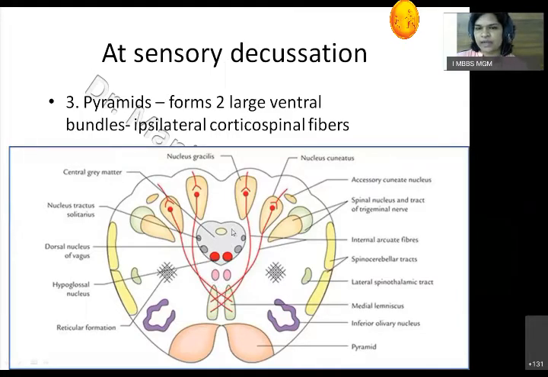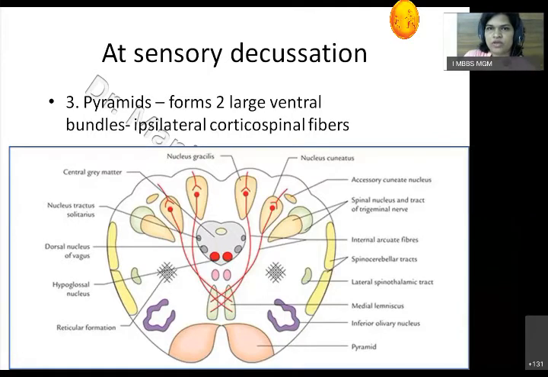Above that, there is a central canal, which is surrounded by the central gray matter. So here you can see the central gray matter is very small. The remaining gray matter is the inferior olivary nucleus. Whichever tracts are followed through the spinal cord will also continue in the medulla, and the remaining part is filled by nerve fibers with poorly defined nuclei. That is called the reticular formation. Okay, so white matter consists of different parts: pyramid, medial lemniscus, medial longitudinal bundle, and internal arcuate fibers.